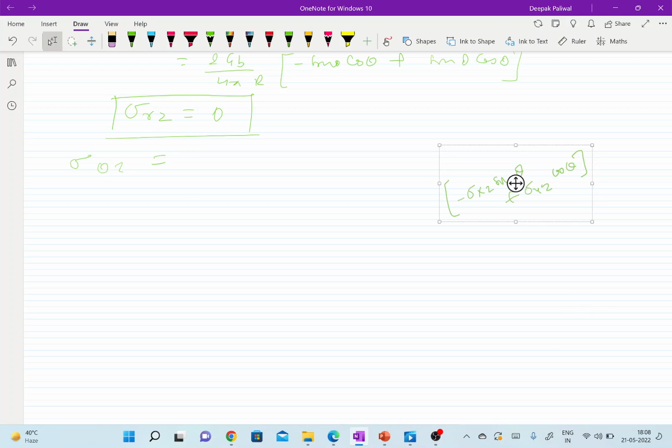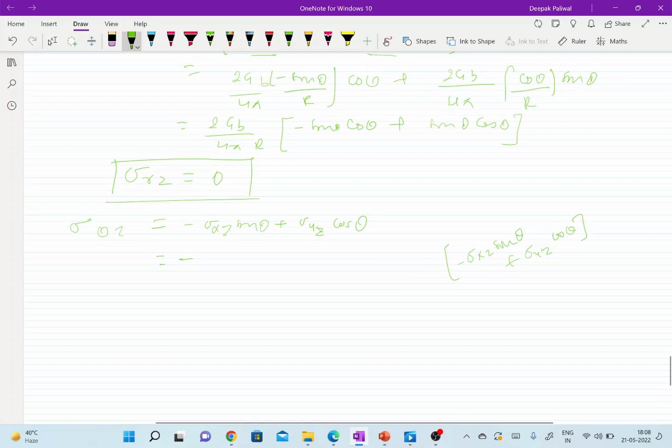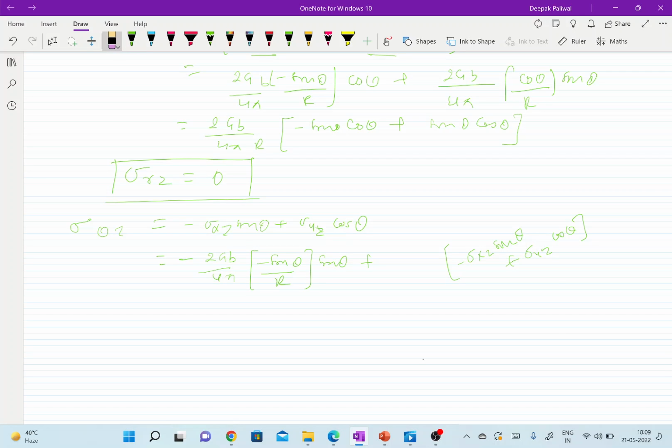Let me write now minus sigma xz sin theta plus sigma yz cos theta. Now putting in the value of sigma xz that we have already put here, 2gb by 4 pi times minus sin theta by r sin theta plus